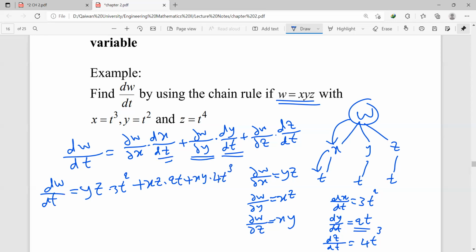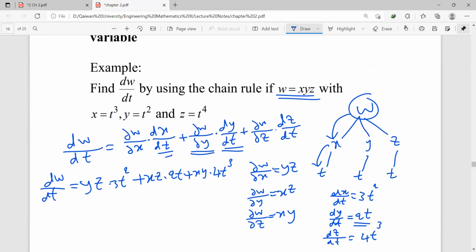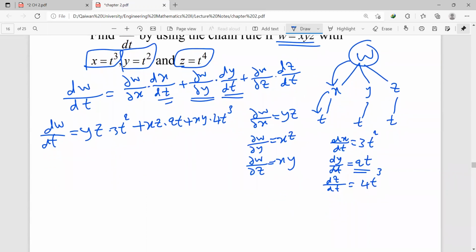Now we are going to replace each x, y, and z by their functions of t. We say x is t cubed, y is t squared, and z is t to the power 4. We replace each x by t cubed, each y by t squared, and each z by t to the power 4. That means dw by dt equals